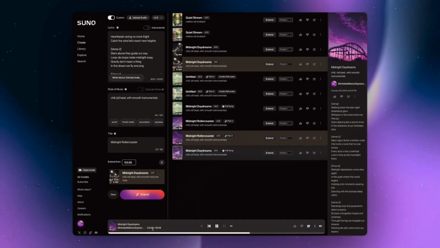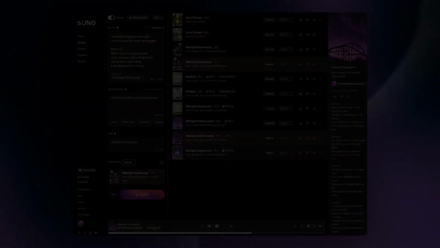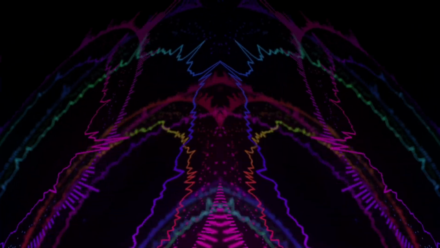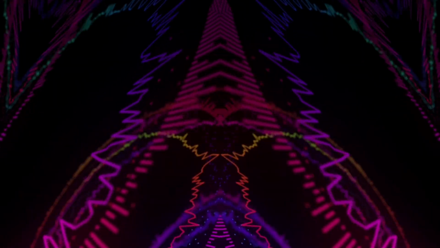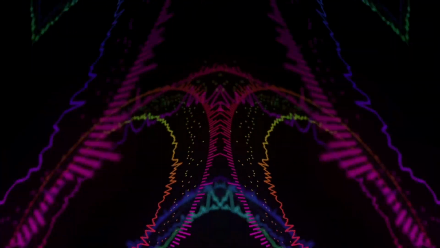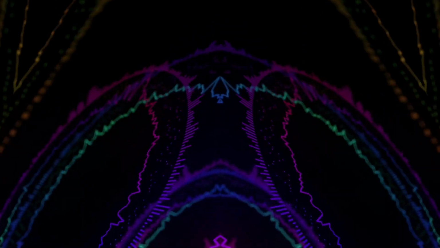Under neon lights we ride, twisting, turning in the night. Heartbeats racing, no more fright. Catch the wind, let's reach new heights. Stars above, they guide our way. Loop-de-loops make midnight sway. Gravity don't mean a thing. In this dream we fly and sing. Hold on tight, we won't slow down. Feel the rush as we spin round. In this